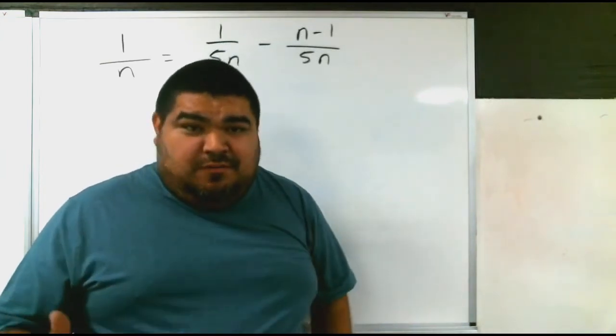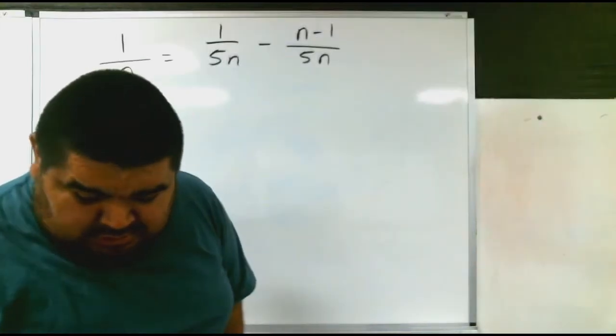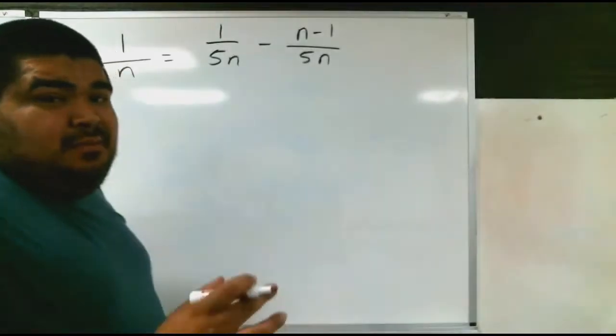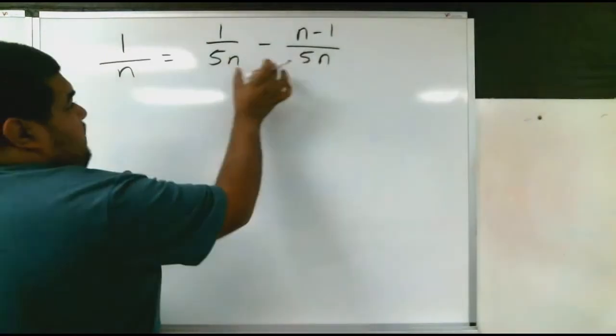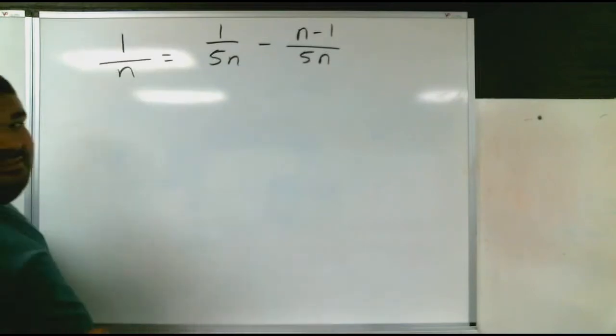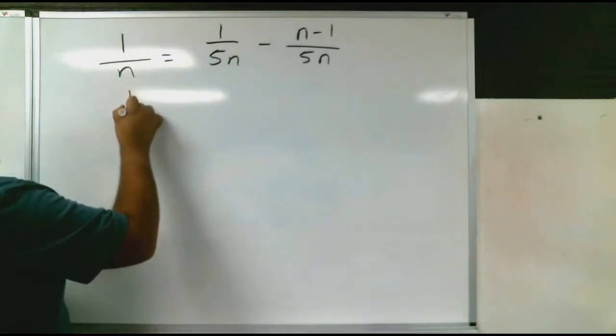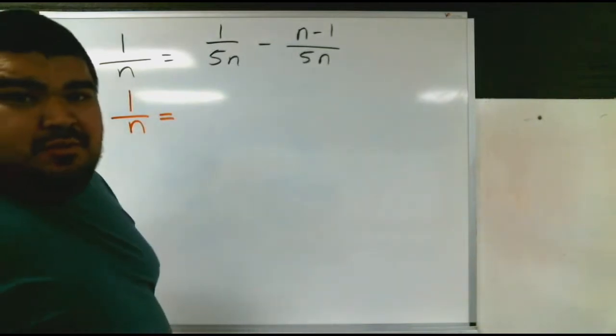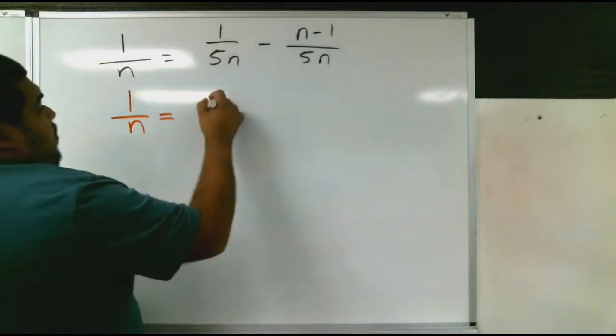The way we solve for that variable is, notice that I made it simple. We already have the same denominator on one side, okay, the same denominator. So we're not going to focus on this yet. This is going to stay the same. So we're going to have 1 over n equals 1